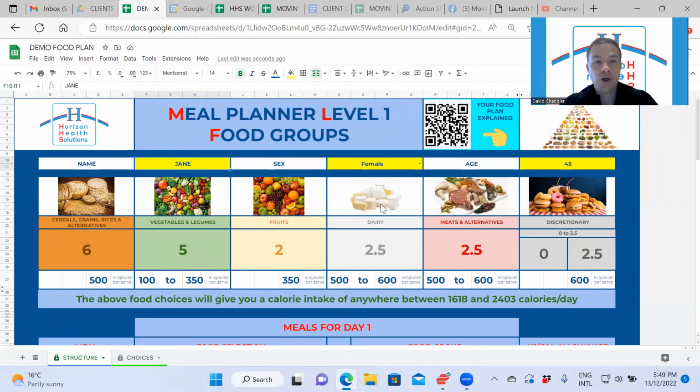Welcome to your video explaining how to understand and implement your food plan. You would have gotten a document like this, either electronically shared with you or printed out in hard copy, shared with you at the gym or in person. Your document's going to look very similar to this. Today we're going to go through a demonstration plan and tell you all the nuts and bolts of it and how to interpret it,